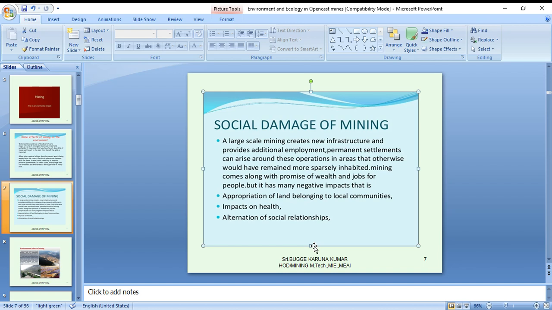But it has many negative impacts: appropriation of land belonging to local communities, impacts on health, and alteration of social relationships. These are the key elements regarding social damages of mining. Mining areas will not only impact health, but the natural habitats may also be impacted. That should also be addressed, and it is important.